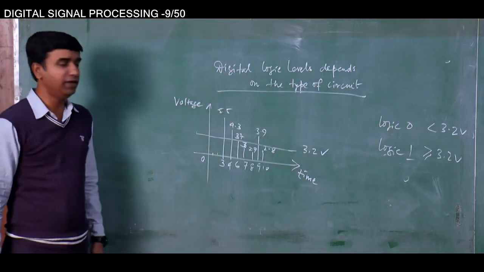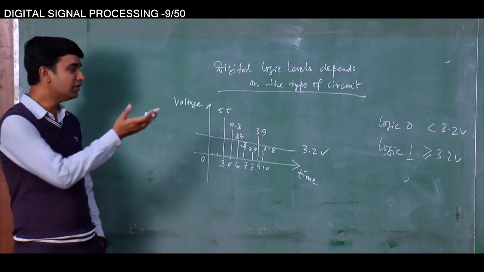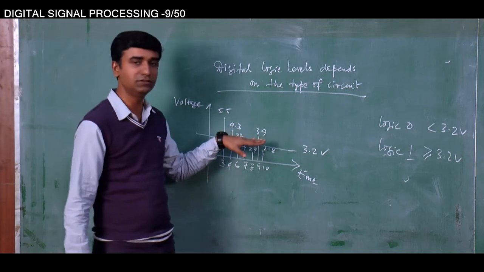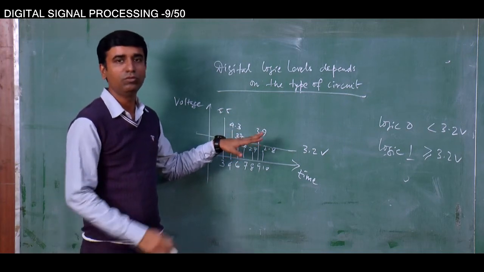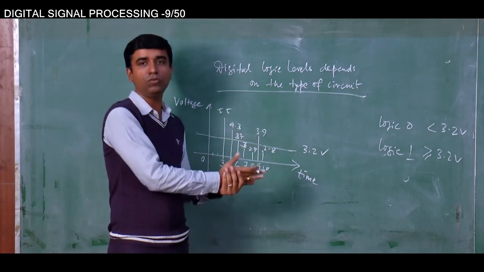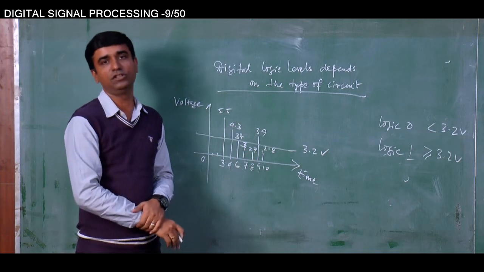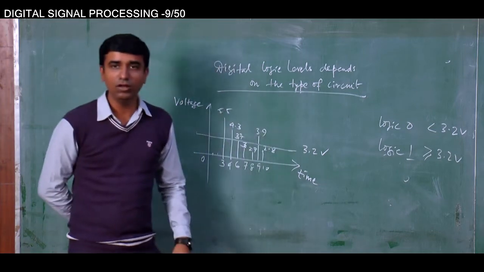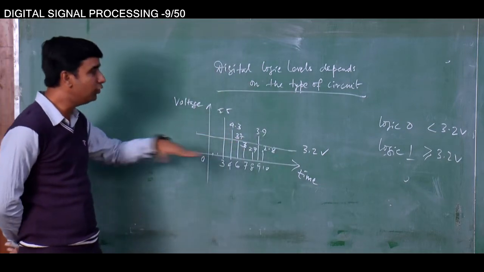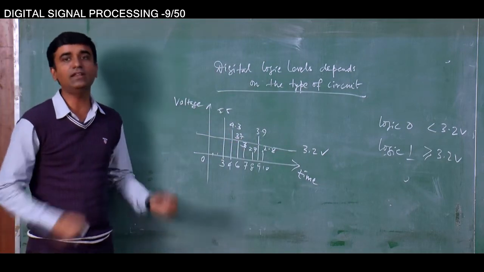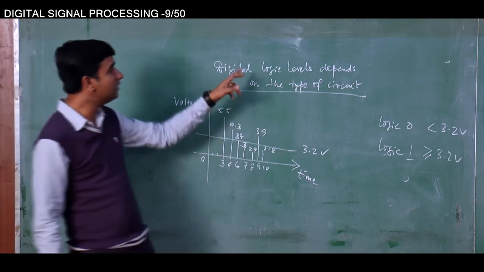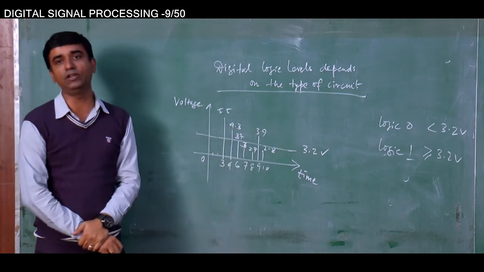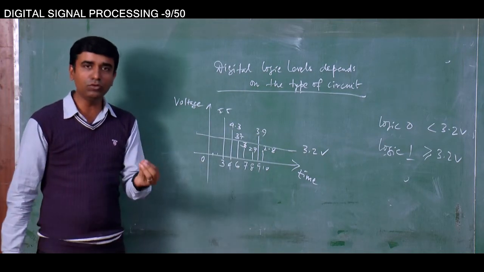Now, in the previous lecture also I have told you that this threshold selection tells you which values will be logic 1 and which values are logic 0. Now, how do you select this voltage level? Where do you put the threshold level? That is very important, and that is why digital logic levels depend on the type of logic circuit you are using. I will briefly give you 2-3 very